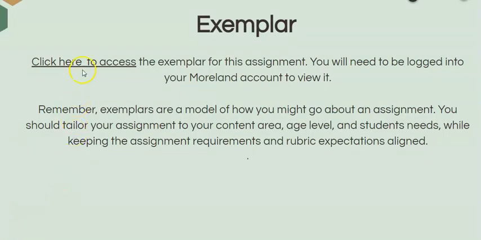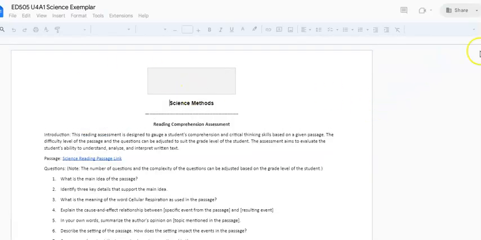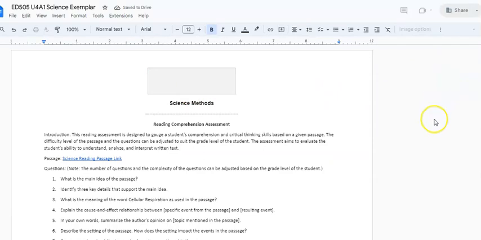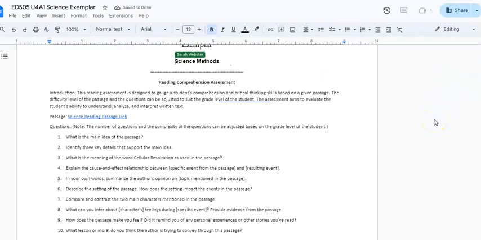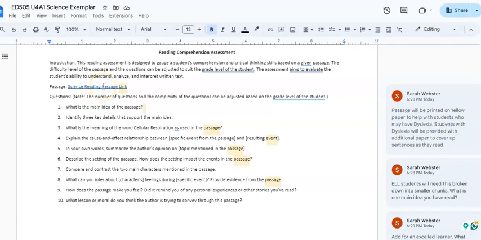The activity that has already been set up for you for this module is to create a reading passage. This reading passage should be a science reading passage that you will add the link here. These questions have already been given to you to give to your students. So this has been set up for a 7th grade science classroom. The different questions are already here, and your job is to go through and to differentiate these questions based on